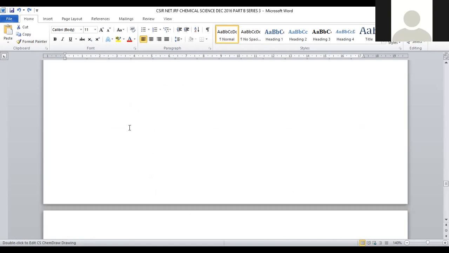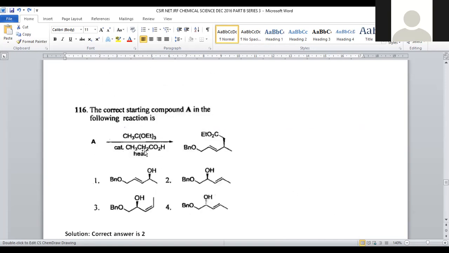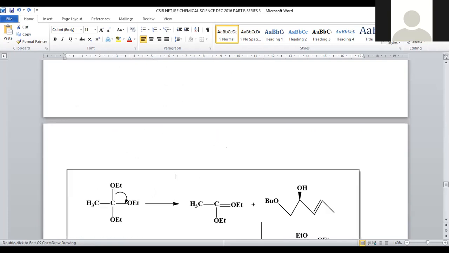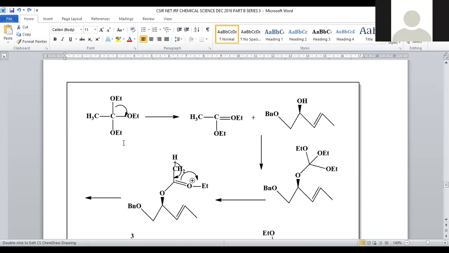We are taking starting material. Here one of the reagents is given, CH3C(OEt)3, taken thrice. So when one of the OEt groups is discarded, we will get a carbon-OEt double bond with the oxygen positive charge. Now it will be added with one of the compounds given in the options. O-benzoyl was there on the terminal center. Second, this is the first carbon. Second carbon, hydroxy is there. Third and fourth, double bond is there. Fifth carbon, CH3 group is there. Now it is added with this compound, right?